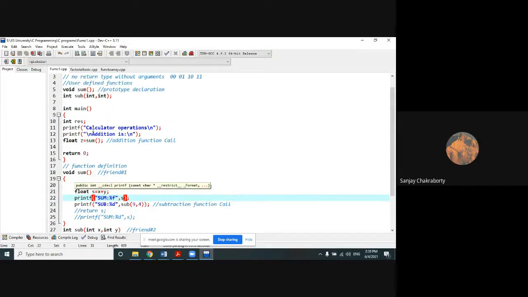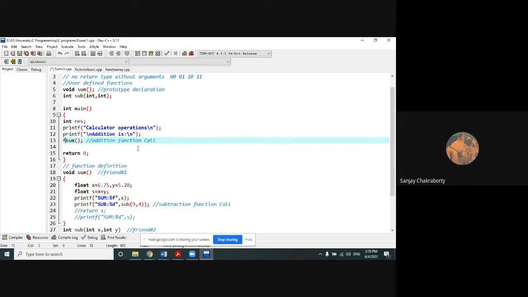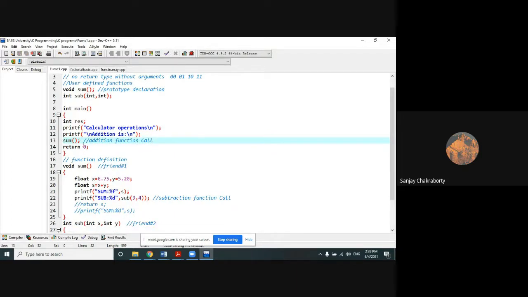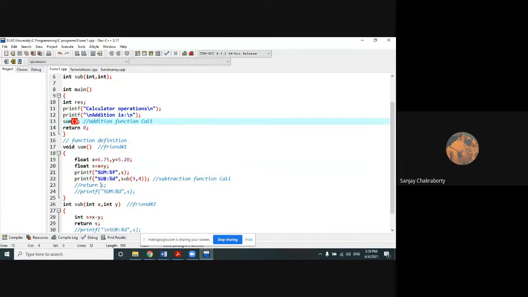I am calling the function from the main function only in this form, sum and then blank brackets. This is the easiest or simplest form of calling a function without any return type or any argument passing list. This is called a function without return type and without argument list. Let's check it out.